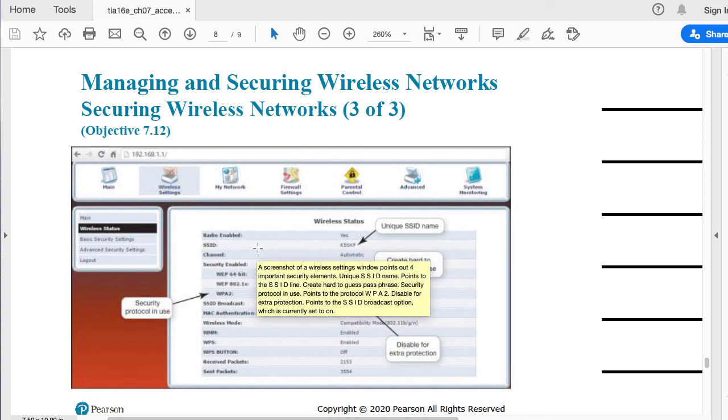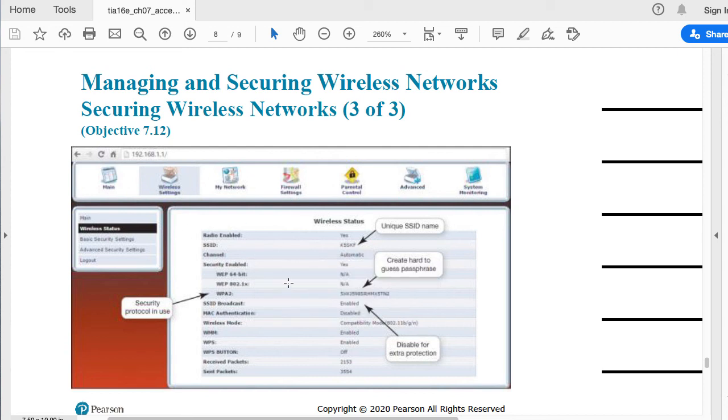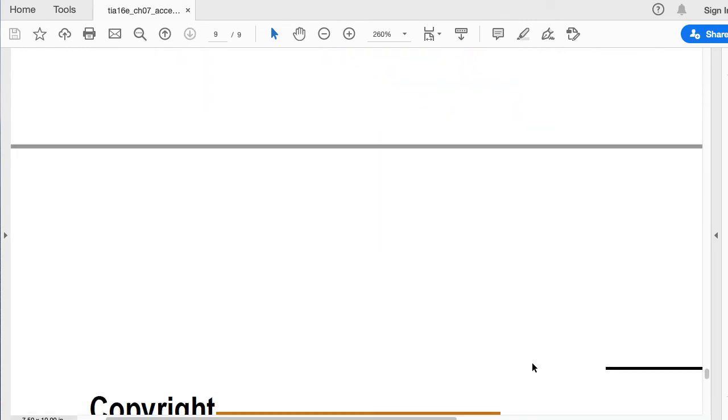And this is just one example of how you can do it, accessing your access point to change this type of configuration. Here you're defining the encryption, so WPA2 instead of WPA or WEP. You can see that WEP here is not being deployed, and that's also where you can define the range of your signal, disable remote access, and so many other things.